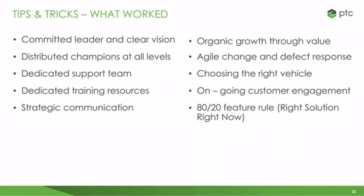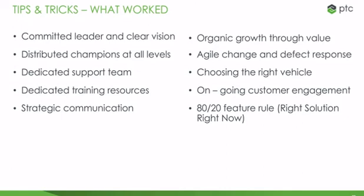This is a slide I don't get to spend too much time on, but for this group, as we've gone through our process of putting together a requirement management system and rolling this enterprise-wide, it's important to figure out to capture the things that we think worked. Right? Now, there's no science behind this. There's no research behind this. This is me, TJ, telling you what I think worked very well in our favor. First of all, a committed leader with a clear vision. Critical, because when things start going sideways, that person can always reel everybody back in. That's absolutely critical. Distributed champions at all levels, at leadership level, management level, technical leader levels, the working engineers,